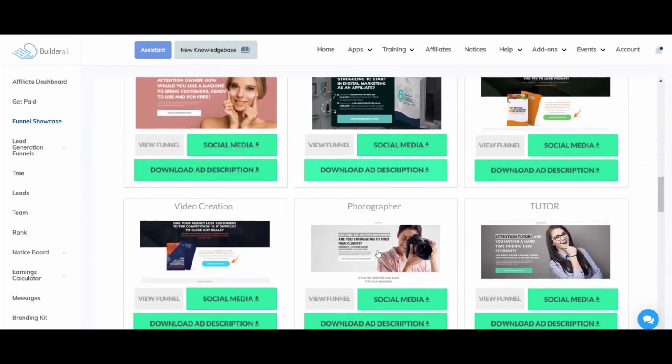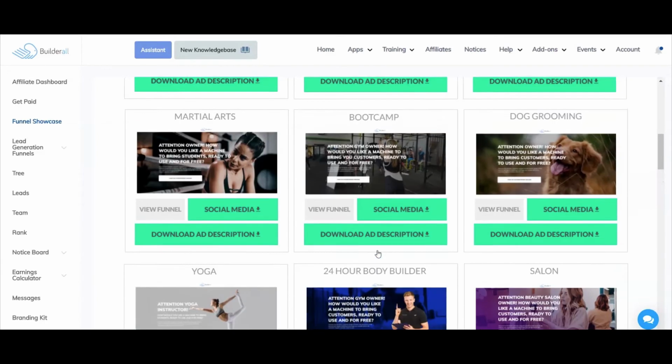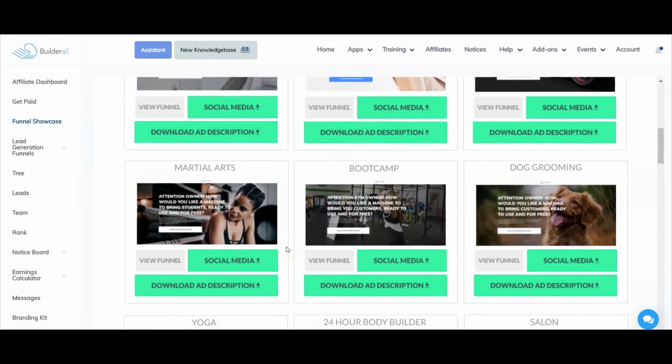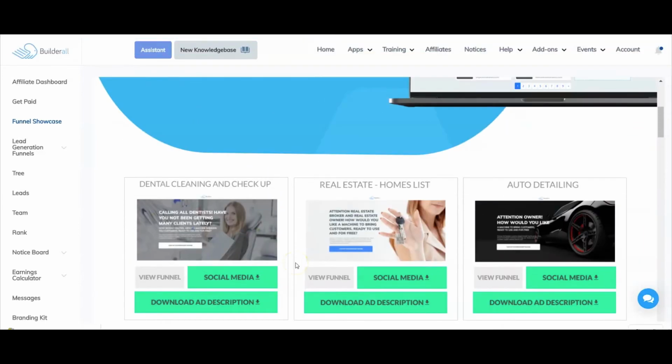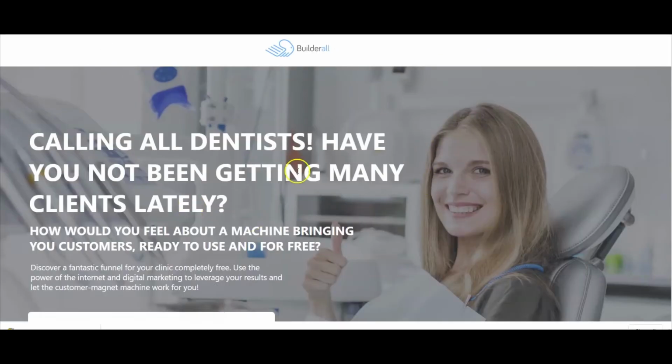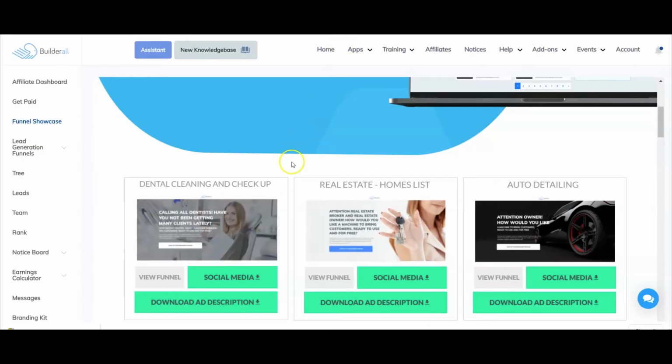What's super cool about the Funnel Showcase is that all of the tools to help promote are right here. Now let's take the dental clean and checkup funnel. This one here is all ready for you to not only share the link, right? So if you click on the view funnel, this is what the funnel is going to look like. Okay. Now if you go back into the Funnel Showcase, you can actually select social media, click on that file,